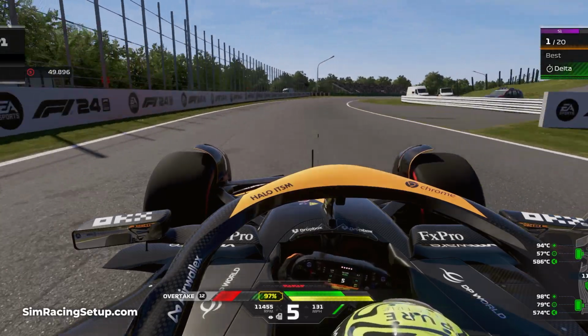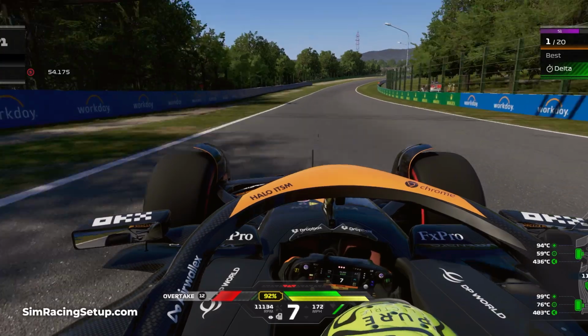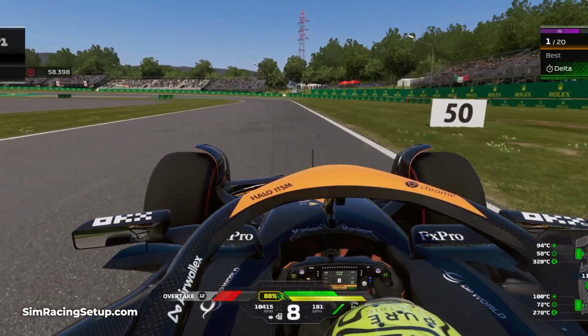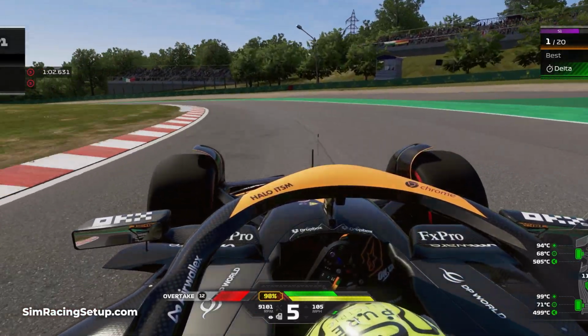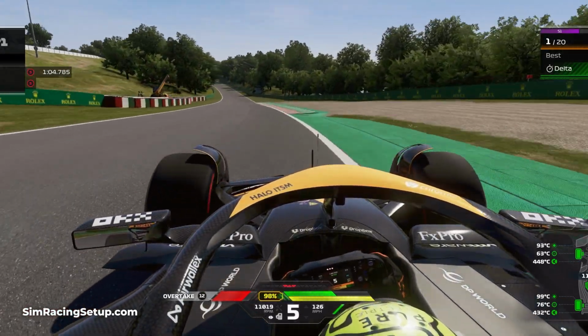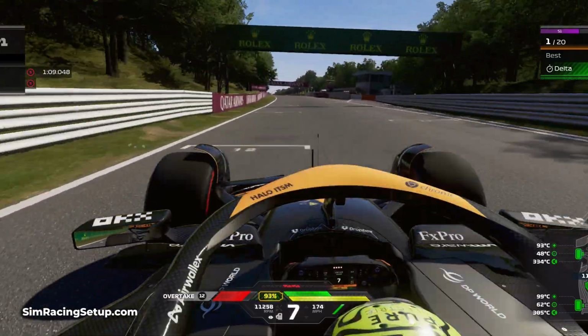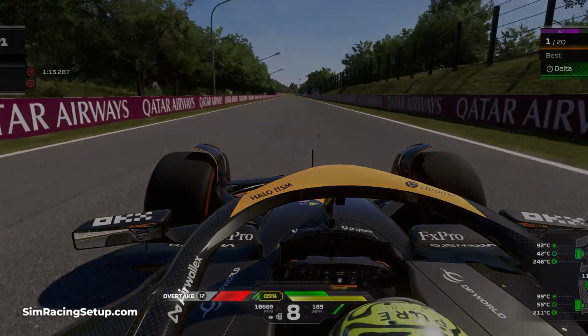Lower off throttle differential setups allow your car to rotate a bit better into a corner at slower speeds, and this can help counteract a bit of understeer. However, setting this too low can cause over rotation or instability during the corner. I would recommend setting your engine braking above 50% at most tracks. This will recover more ERS each lap, although remember that there is a cap to how much ERS you can